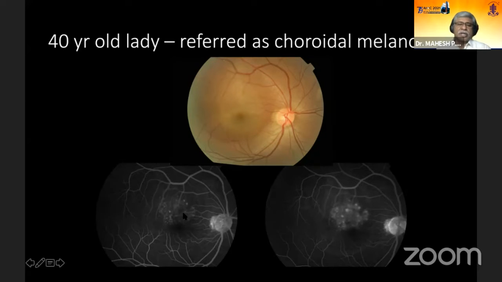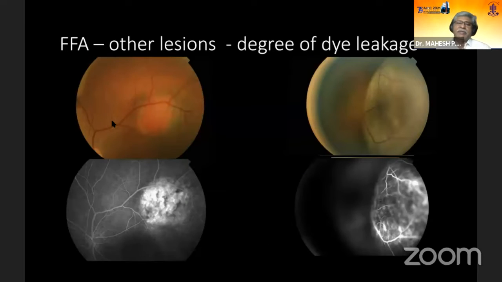When we did a fluorescein angiogram, it shows this starry sky kind of leakage, which could be a melanoma also. But what is the clue is the hot disc. The presence of a hot disc indicates this is possibly an inflammatory etiology, possibly a posterior scleritis. So this is one indication where an invasive angiogram would be helpful. But an invasive angiogram can also differentiate between different tumors.